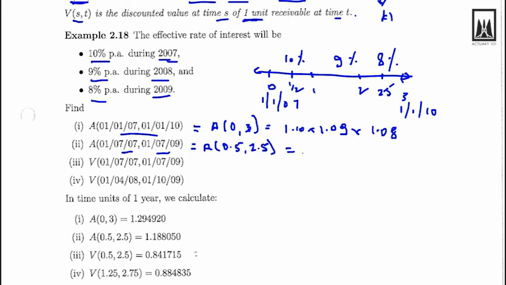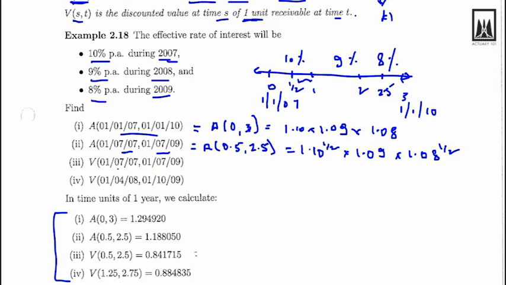We've also done such examples in the previous video, which is going to be 10% to the power half, because this 10% is effective per annum and we only wanted it for this duration, the half year, and then 9% is for the entire year, and again 8% is for just half a year. So you can just check your answers over here. The answers are already given here. So you can just check your answers.